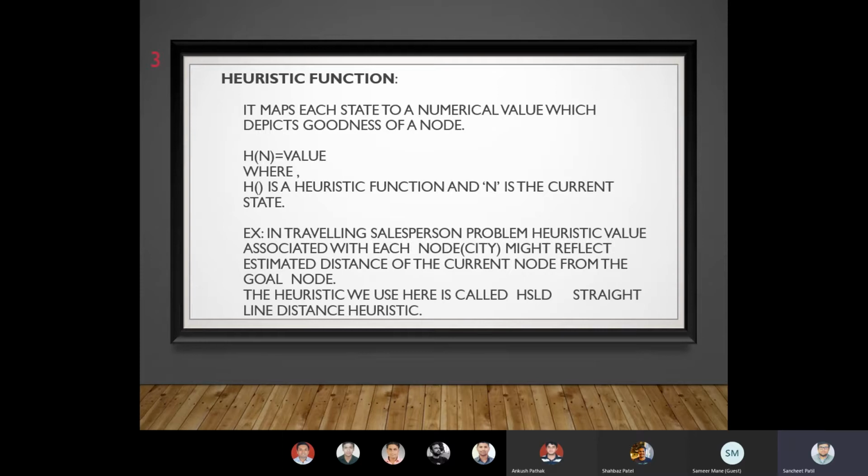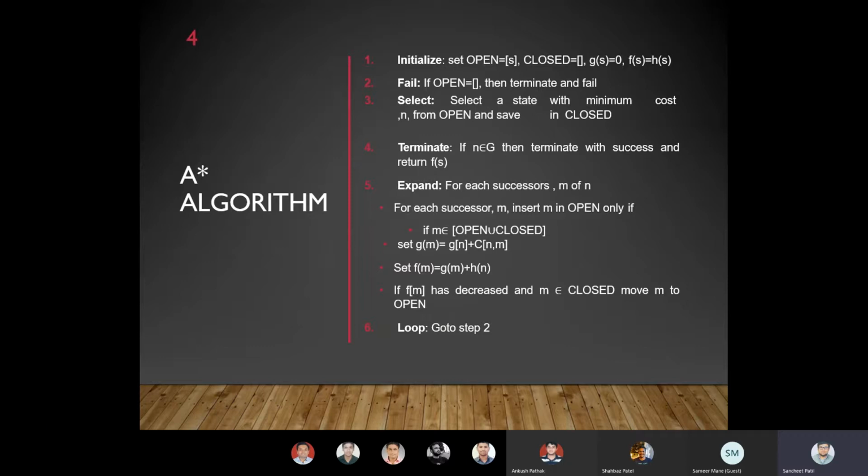We'll take an example for the heuristic function as well. For example, in the traveling salesman problem, there is a heuristic value associated with each node, and from one city to another there is some cost. We represent that as an edge, and that edge has some cost. Likewise, the node also has some cost, which is the estimated distance to travel from that city to another city, and it is allocated as the heuristic function to that node. So we'll see the algorithm with an example. Here is the algorithm, and we'll trace back simultaneously to see how the algorithm works in the example.